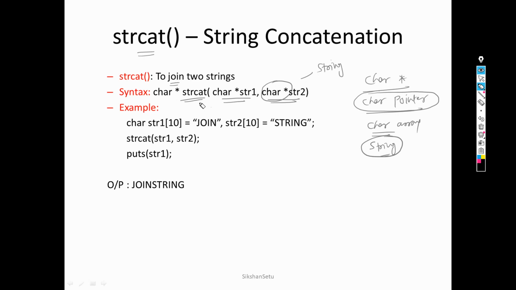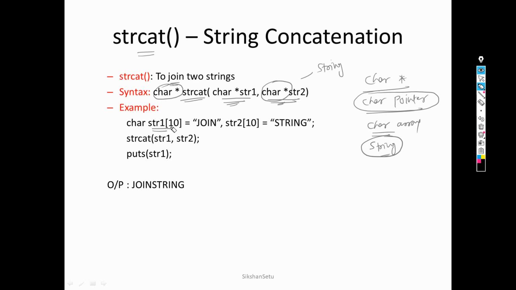So it means that the strcat function will take two parameters and both the parameters are strings. This is string 1, this is string 2. And strcat also returns a string. Since this is used to join two strings, what will happen? We assume here that we have declared two strings.